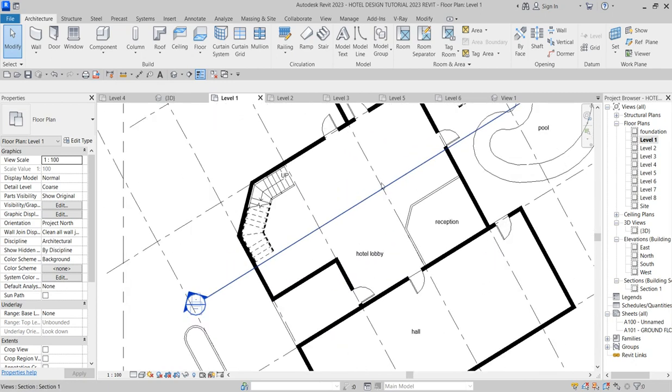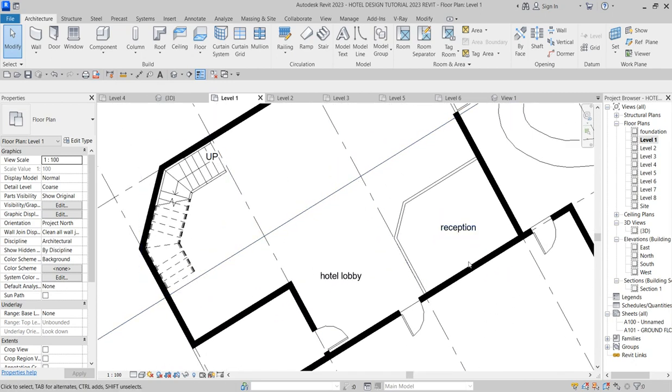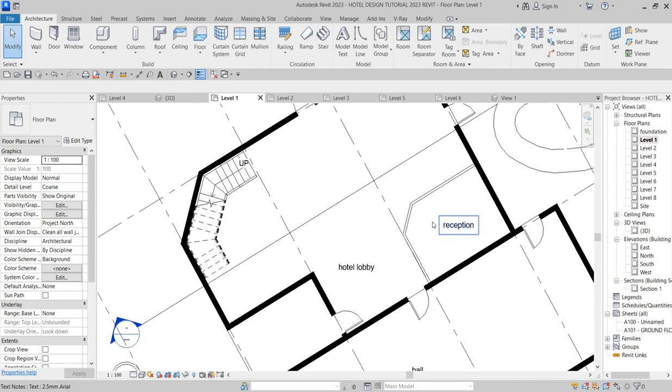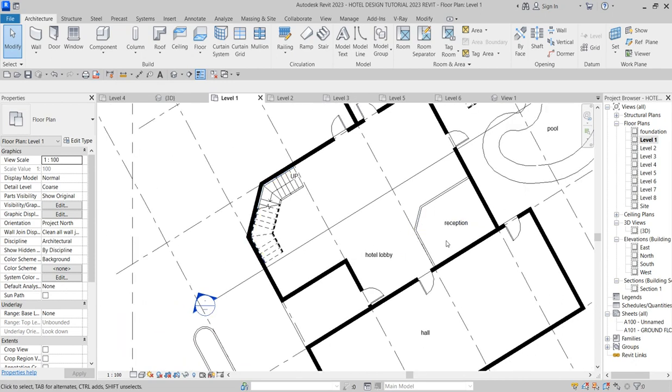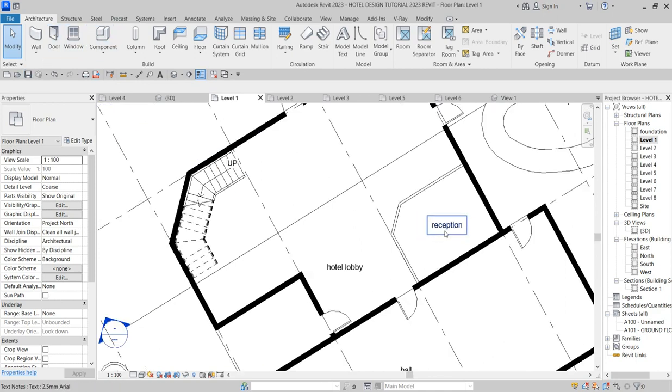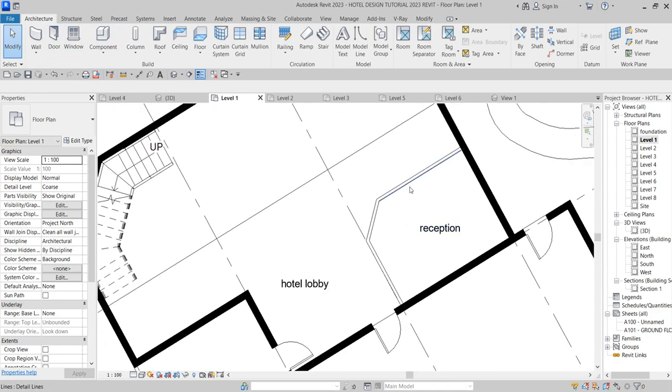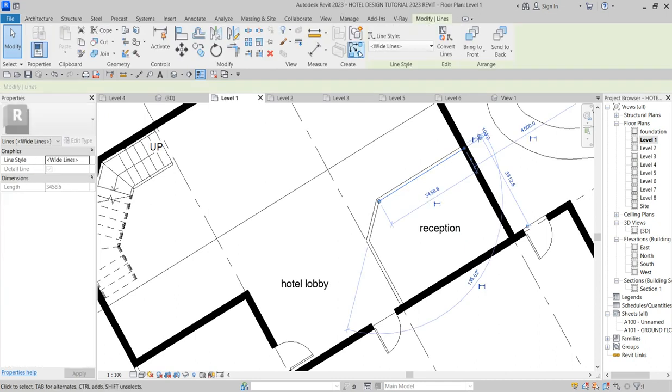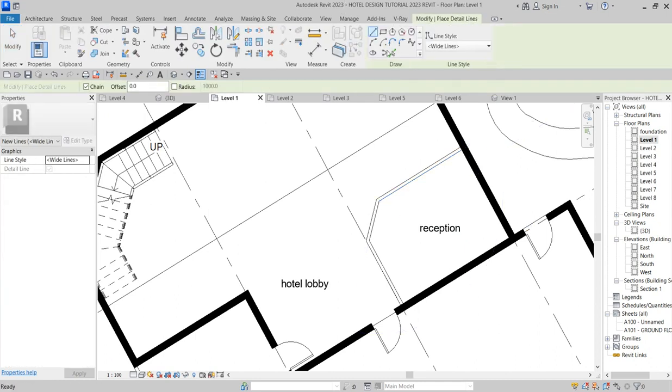Now this is the hotel lobby. From the hotel lobby, I just create a reception, and now you can get more of the table of reception if you have a lot of components, so you can do that, but I want to use some drawing, just line to represent it for now. So click on this and say okay, this space is going to be rectangular